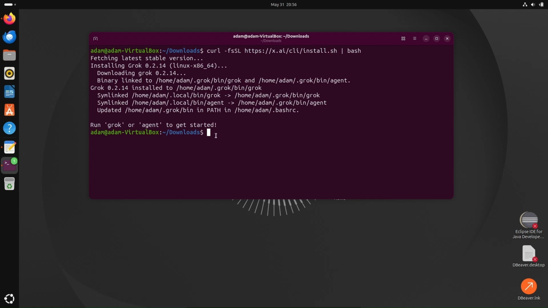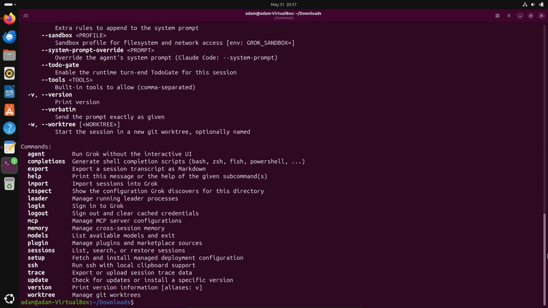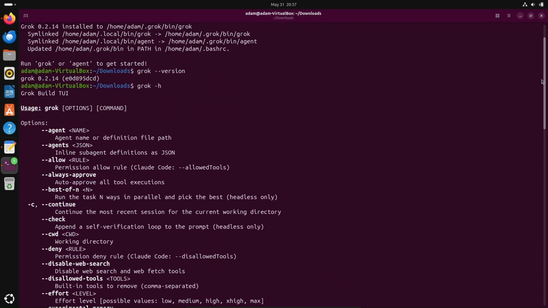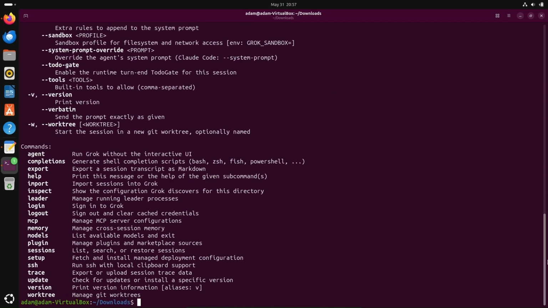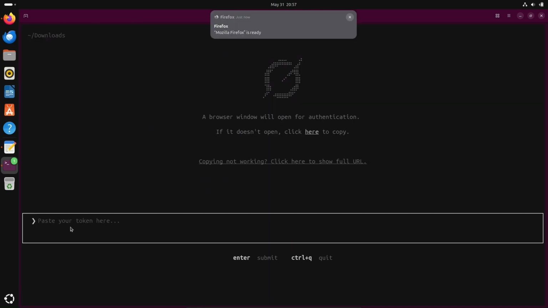So thereafter, if I write Grok --version, you can see the installed version. If I write Grok -h, then you can get all the help commands. Thereafter, if you want to start Grok, you can write Grok. So when I write Grok here and press enter,